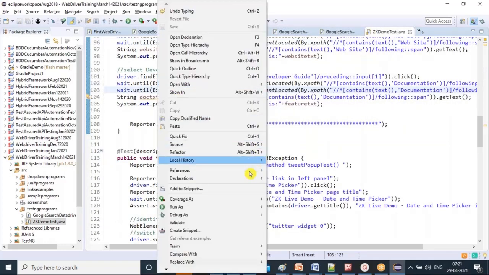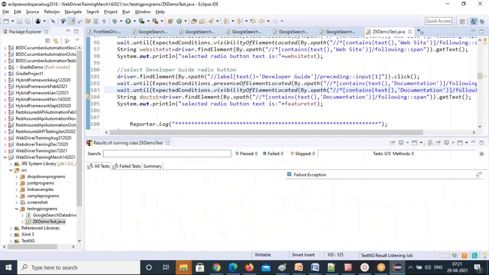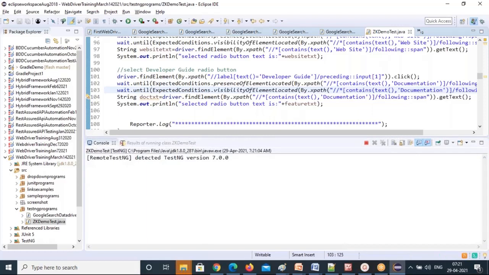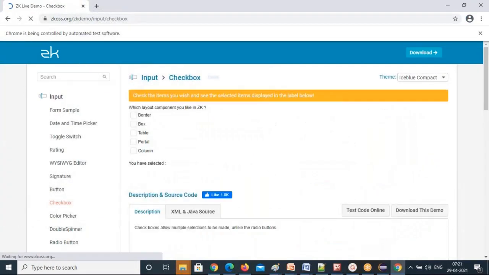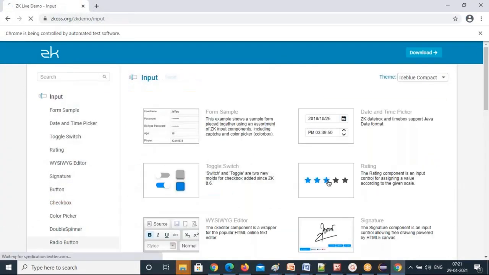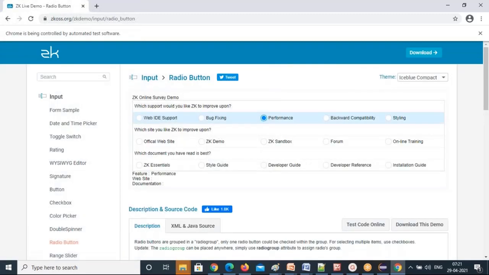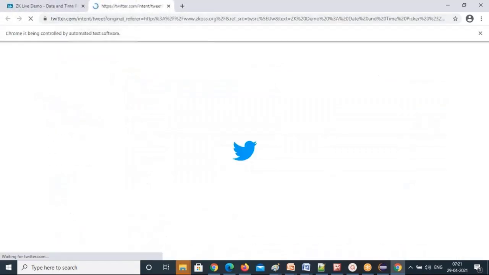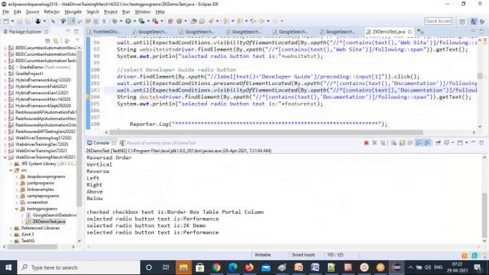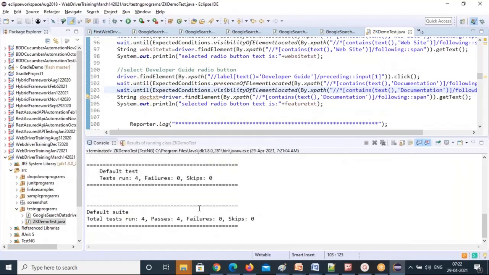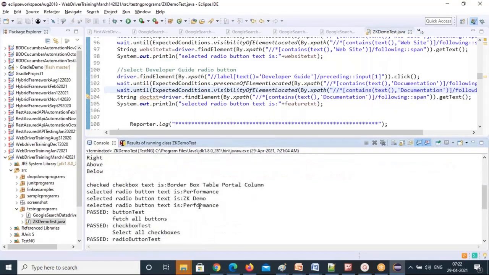Okay, now run it back. We'll see how all the test cases are executed. First, button test is executed. It's very fast. Checkbox test, done. Next radio button, it is going, but still not working. We have to see something. See, pop-up, it typed, and 30 is typed. Now you got that perfectly. So now you can see the performance, and this one is performance. Something we have given wrong.